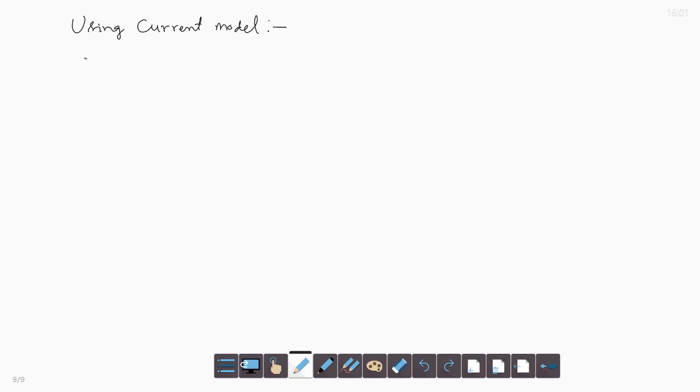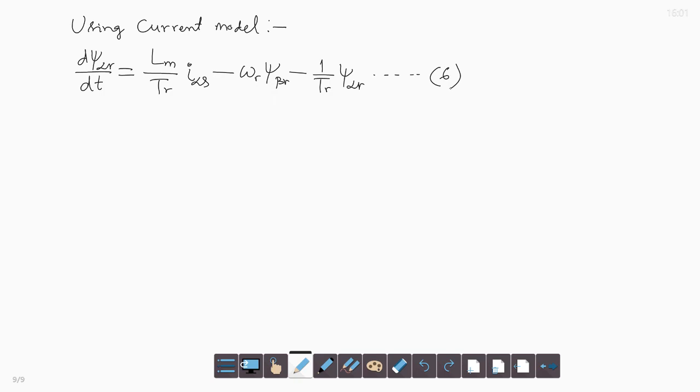The equation is like this: d psi alpha r by dt, that is Lm by Tr into I alpha s minus omega r into psi beta r minus 1 by Tr into psi alpha r. Let us number this as equation number 6, and other equation is d psi beta r